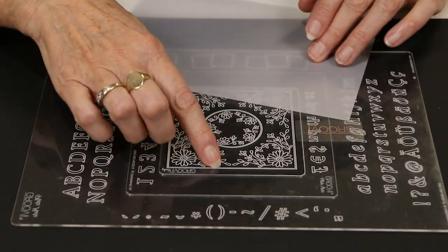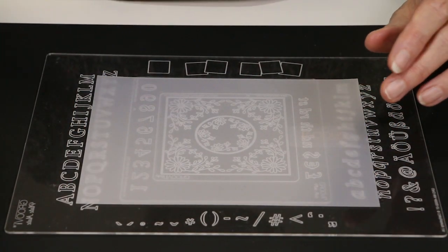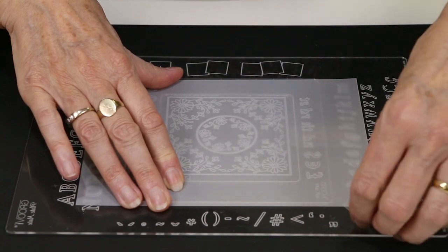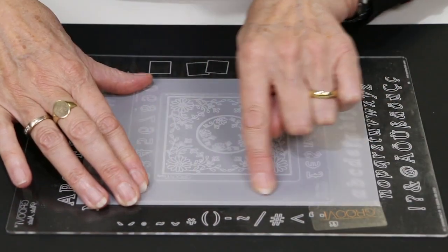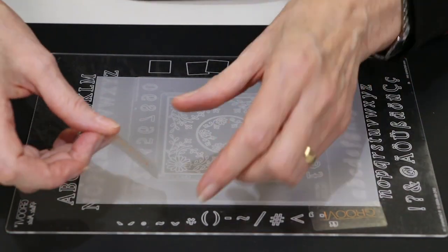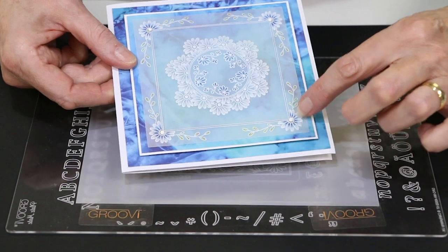And what I want to do first is make sure that we're definitely on the groovy side. And I'll take a piece of clear parchment. I'll stay in the middle because I also, don't forget, I want to work beyond this frame, don't I? So I need to stay in the centre and give myself enough room to be able to add these flowers